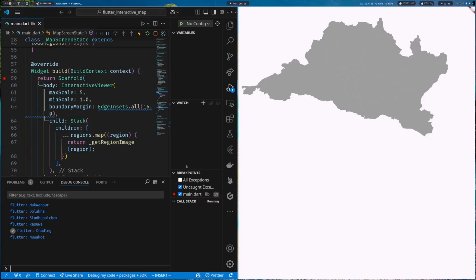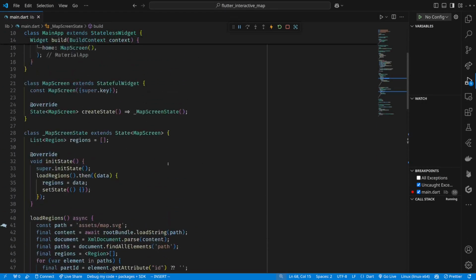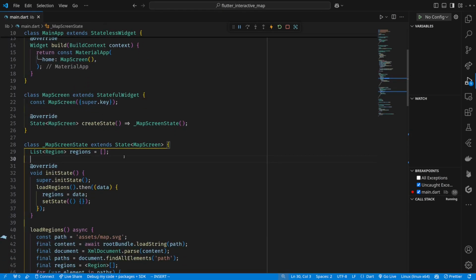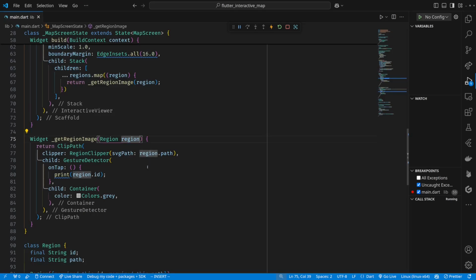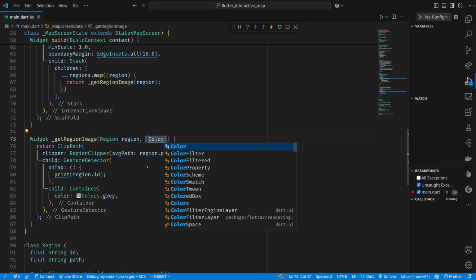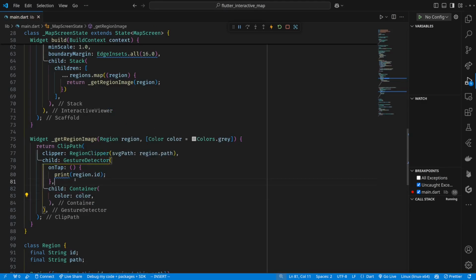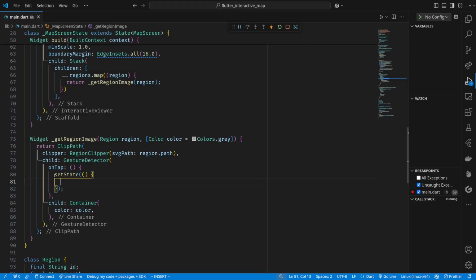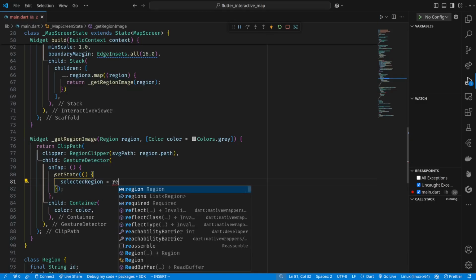However, we want to be able to highlight each of these regions when we click on them. So to do that, we can simply create a variable called selected region, and then here let's pass an optional color attribute. So default will be colors.gray. Here we use color instead of that. Here in set state, we want to set the selected region equal to region,